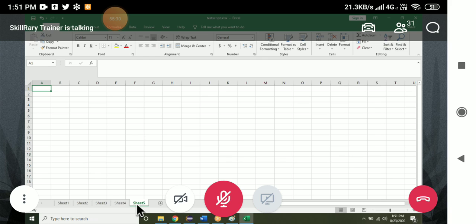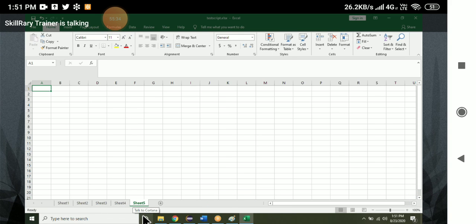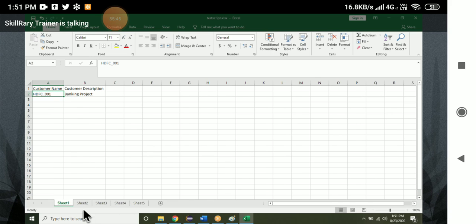on a symbol, we can keep on adding sheets. There can be any number of sheets present in the Excel. It is not like a notepad. Notepad has only one sheet, but here there are a number of sheets. Whenever you want to read the data from the Excel, first you should know the sheet, means you should go inside the sheet. Then, for that, you should go inside the file.